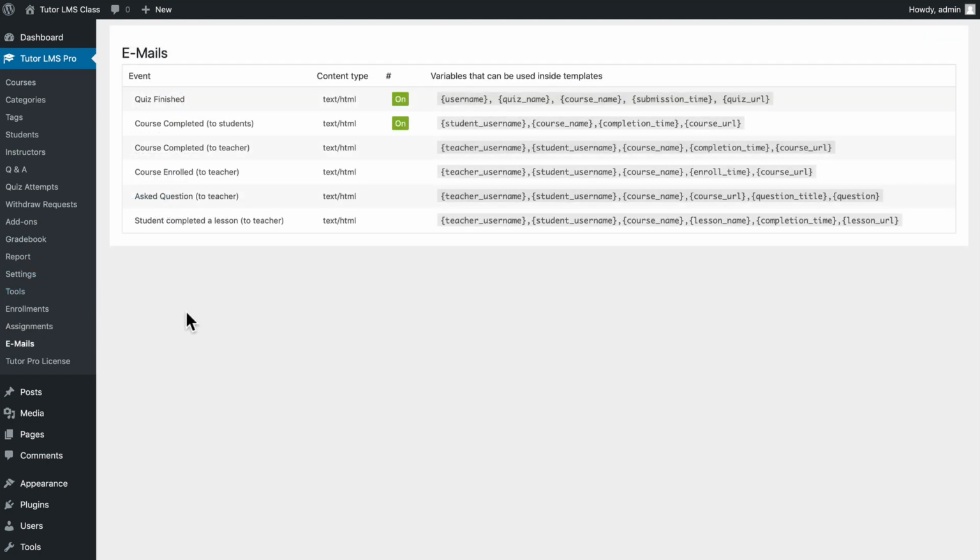One of the other plugins we turned on was the ability to email students. Here's the emails that get sent. When a student completes a quiz, they'll get their quiz results in an email. And when they complete the course, they'll also get their course name, completion, and course URL. Now, if we wanted to have some teacher-enabled emails, simple to do. Course completed to teacher, course enrolled, asked questions, and student completed a lesson, we can get emails with all of